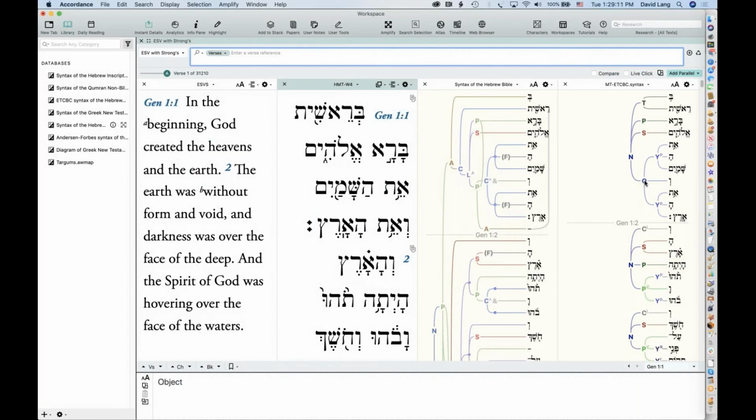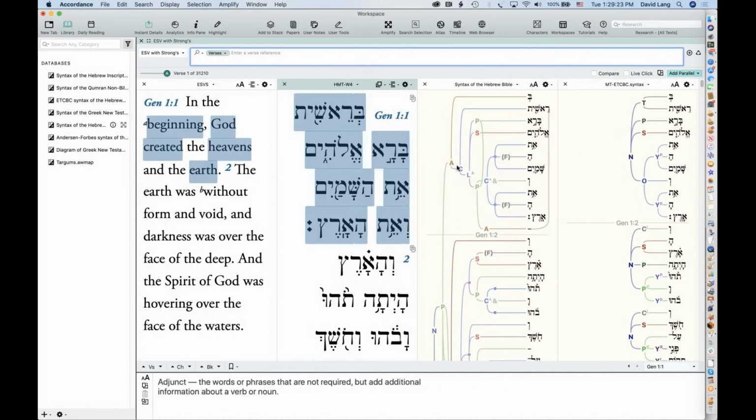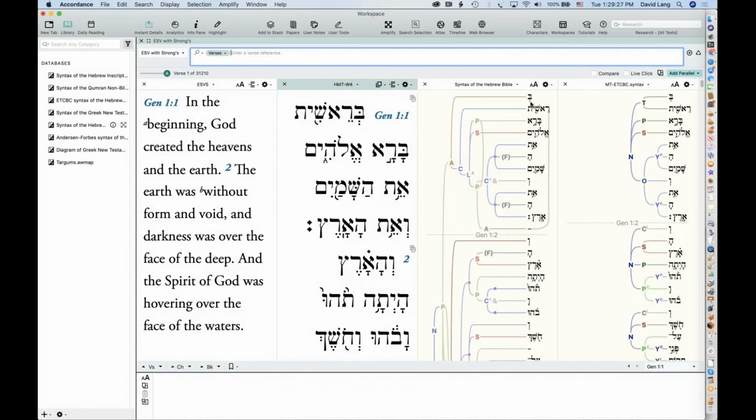You can see the O there. It says this is an object phrase, and this is a parallel subphrase, and so on. So it really depends on what you're used to and how you want to see the text broken down. It's useful to have both of these.